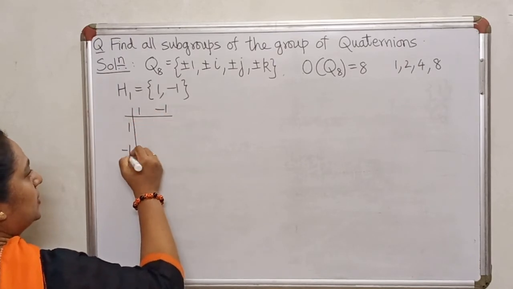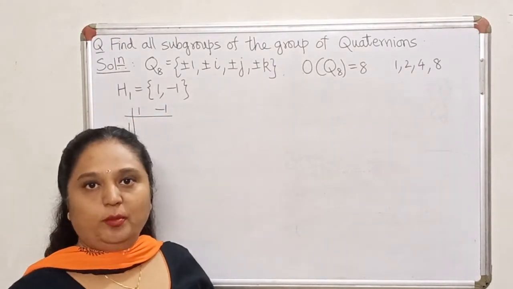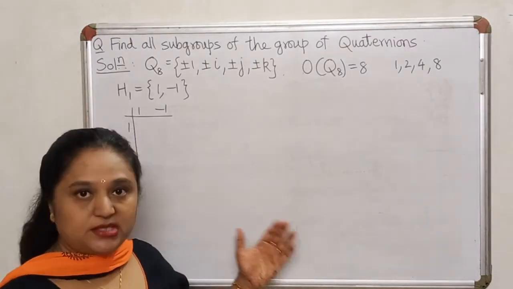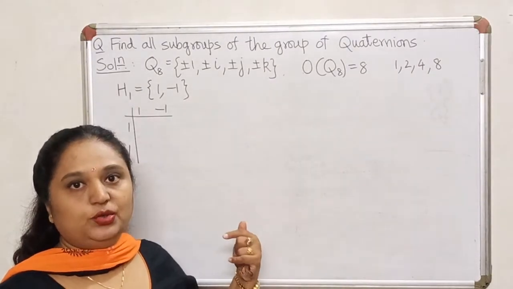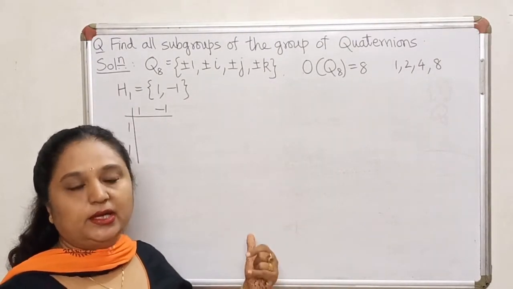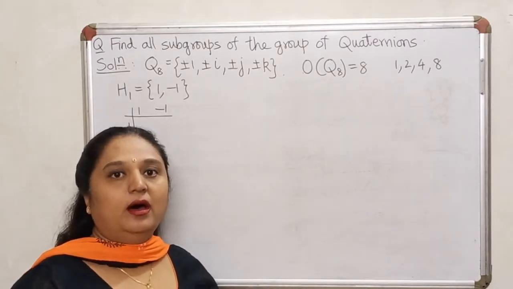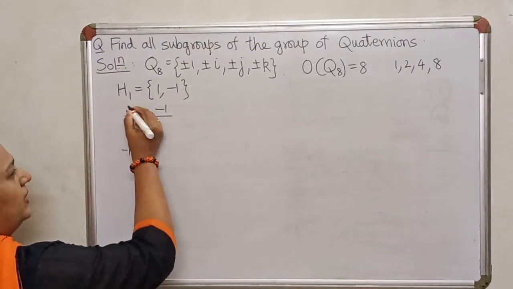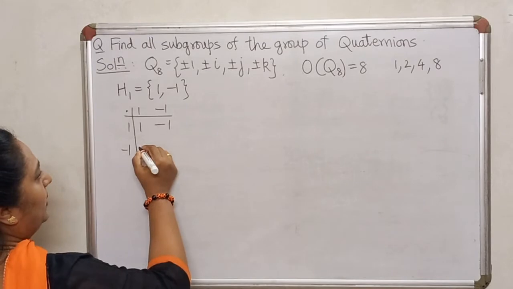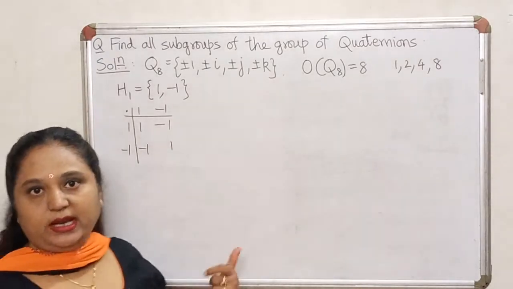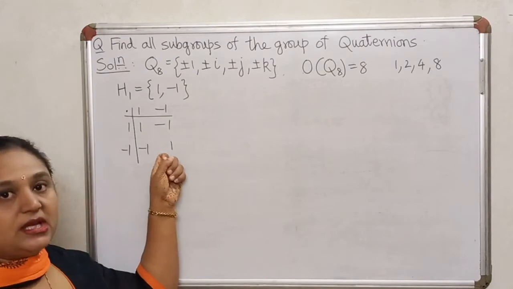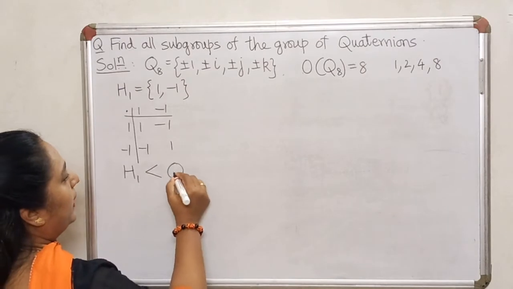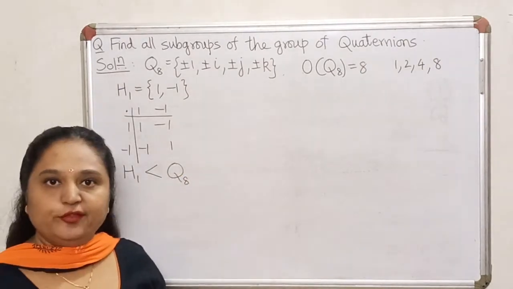and in case you have forgotten the composition table for the group of quaternions, it will be a better idea to pause the video at this stage, go back to the earlier chapter where we studied the group of quaternions, and from there revise your composition table and then come back to this. We had denoted the operation over there by dot. 1 and -1 more or less behave like our usual numbers 1 and -1. So you will see that for H1, closure property is satisfied and therefore H1 is definitely a subgroup of Q8.